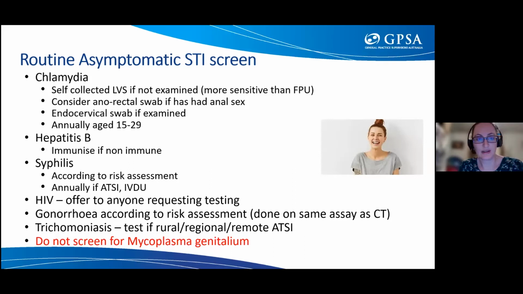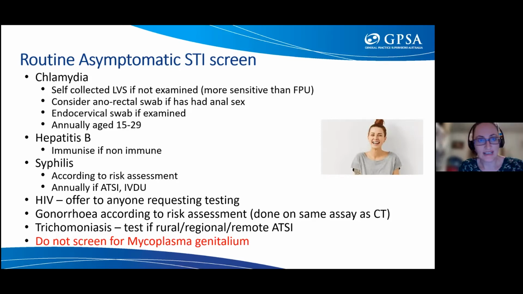And we should be offering chlamydia screening. Most guidelines would recommend from 15 to 29, or if they're sexually active younger than 15, then from the point of being sexually active, at least annually in that age group, or more often if there's frequent change in sexual partner. Keeping in mind, chlamydia does have a window period of 7 days. So it's really important to be taking that history of when their most recent new sexual contact was, because if they said, oh, look, I had unprotected sex with a new partner 2 days ago, you'd want to be repeating a test for them at least another week down the track,